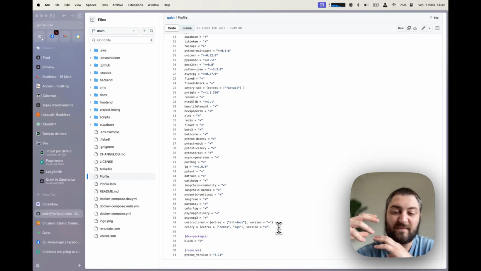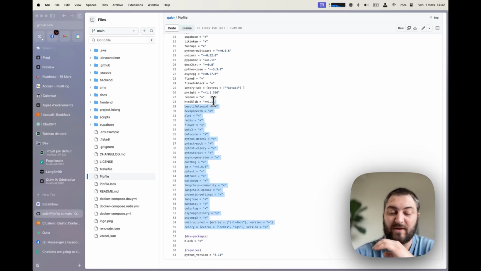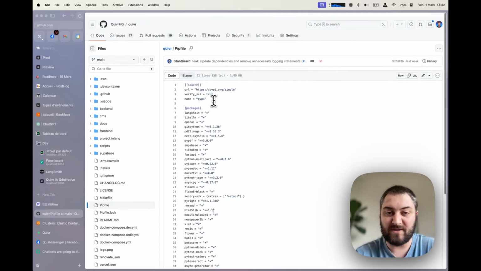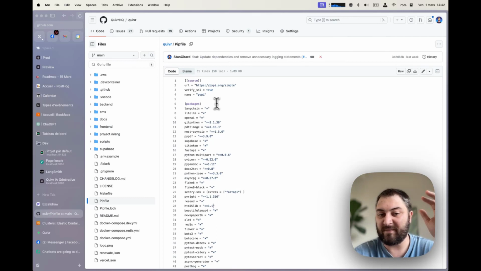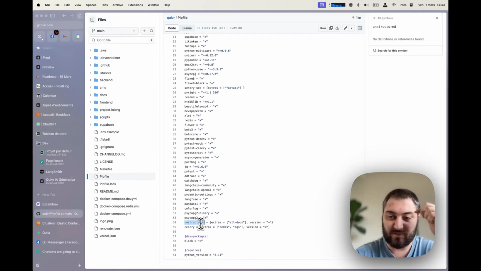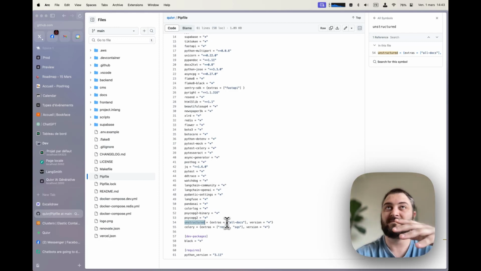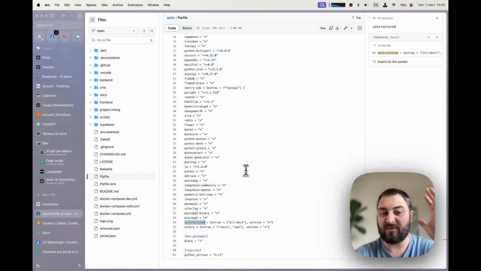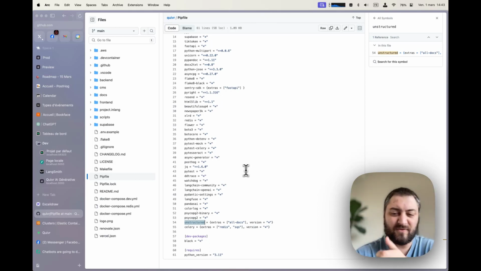And Python is really bad at managing dependencies. We used to be able to keep the size of the Docker image to around 400 to 500 megabytes, but now, the more features we need, the bigger it gets. For example, we added unstructured, and unstructured came with a lot of packages like Tesseract and all of that for OCR, which made the Docker image 10 times bigger. Now we have a 5 gigabyte Docker image for Quiver. And that's good and that's bad. Okay, so we managed to package everything.